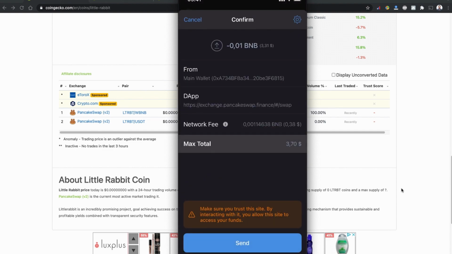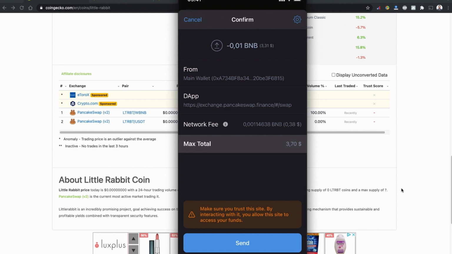As you can see, my Trust Wallet is activated now and you can see more detailed pricing. The worth of 0.01 BNB is $3.31. I'll be paying 0.38 cents of network fee and in total $3.70 for all this coin.